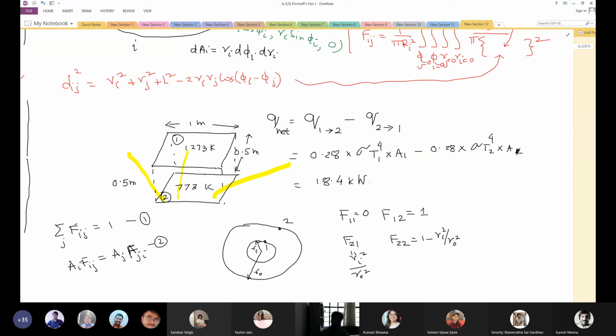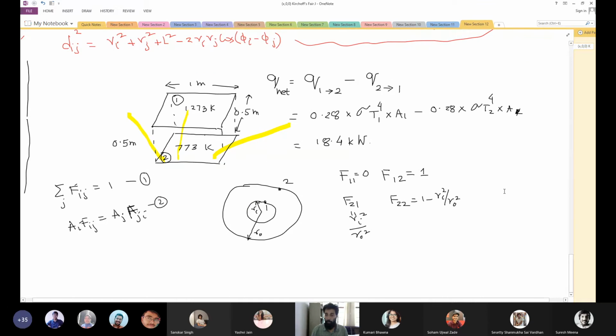So you see that it's not always that you have to look for charts and tables. Sometimes it's easier to get the view factors from inspection itself. And getting the view factors is one of the key steps for solving radiation problems. Now we are ready for solving